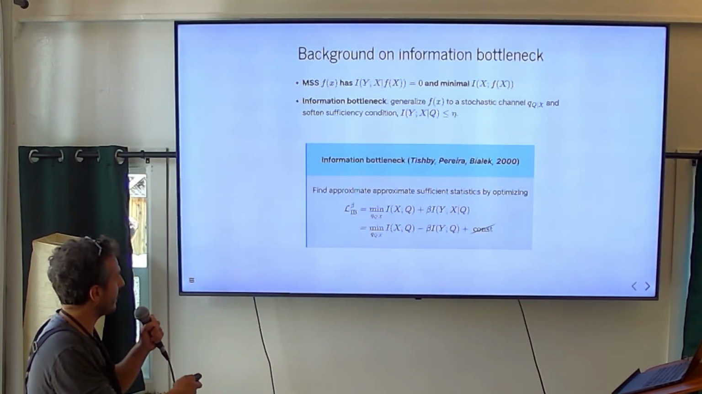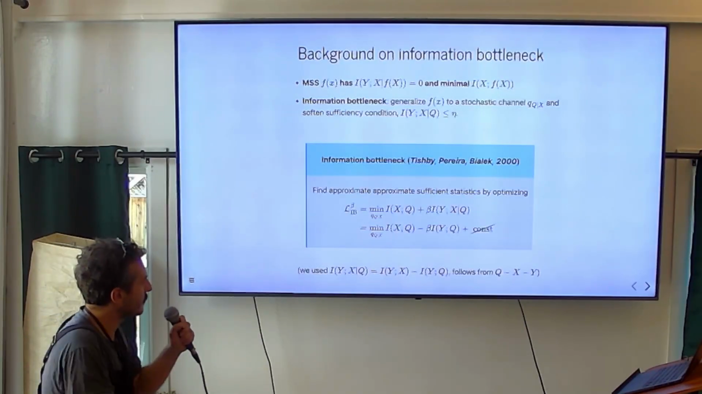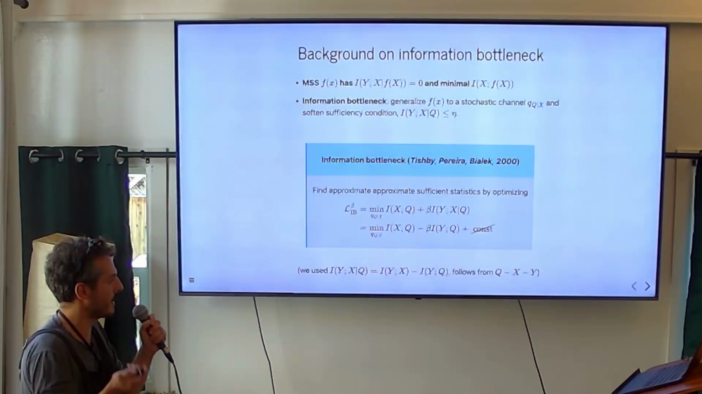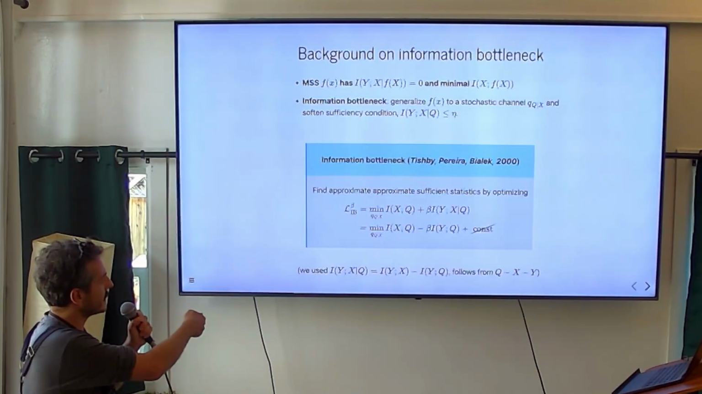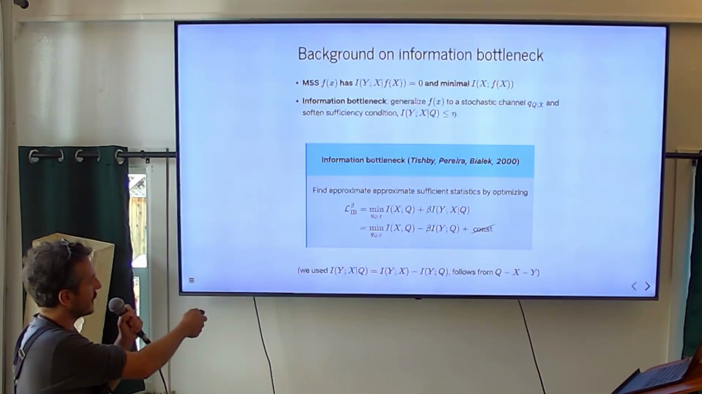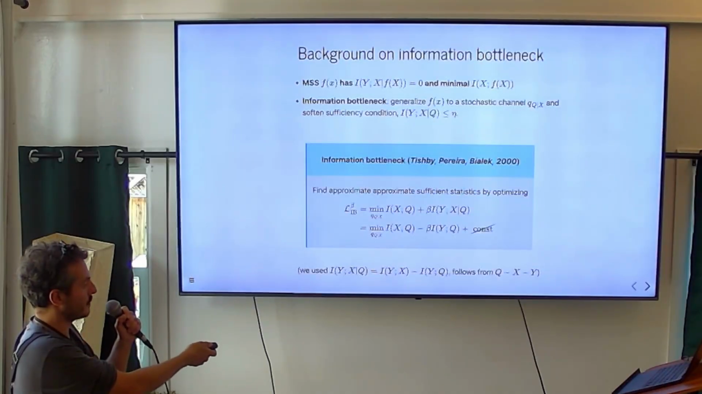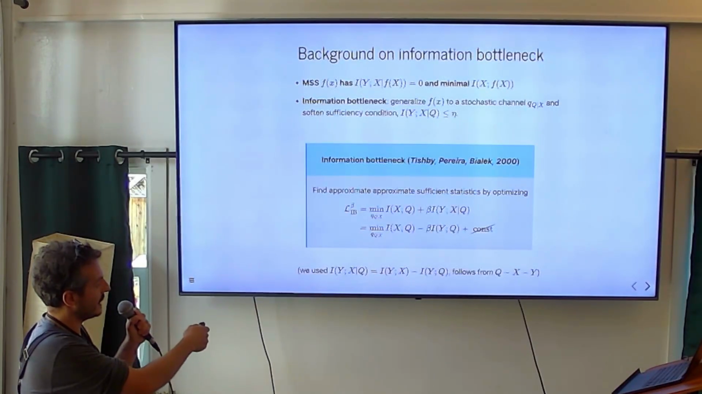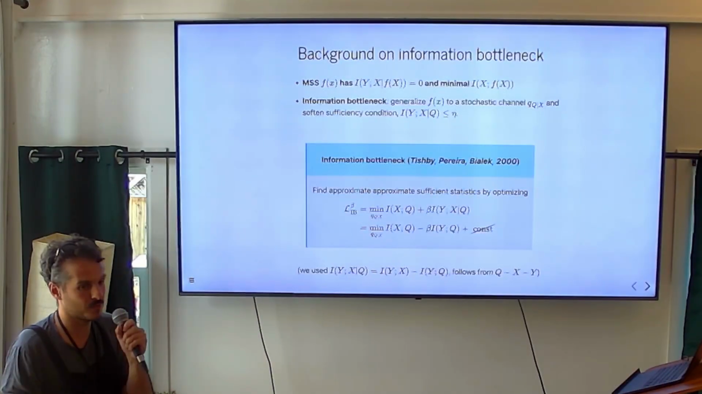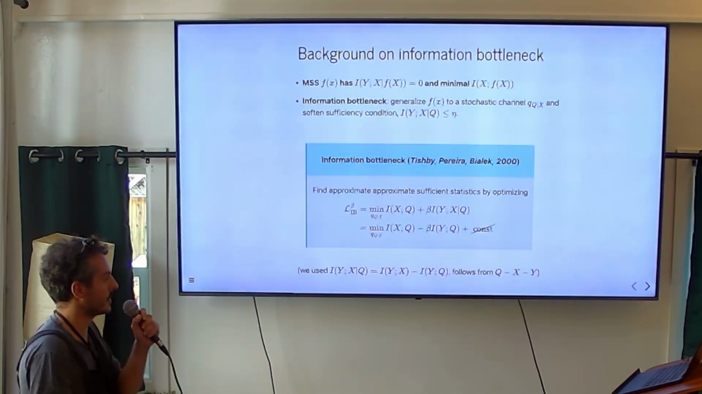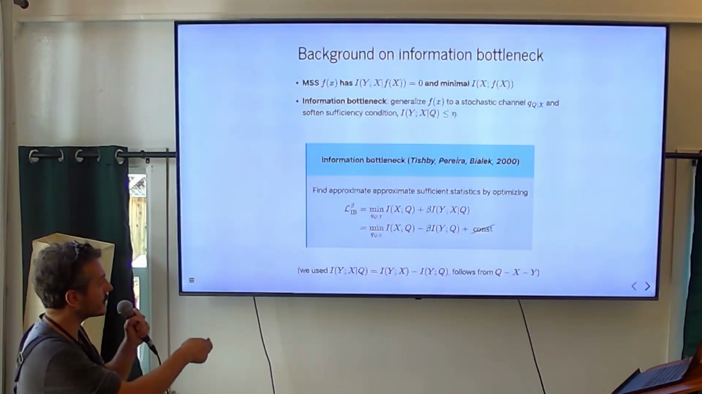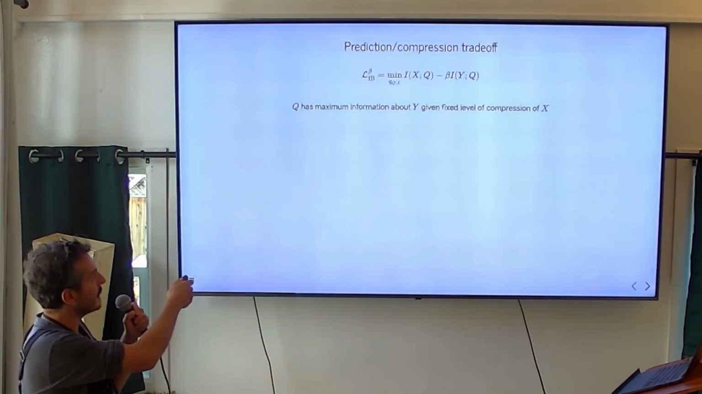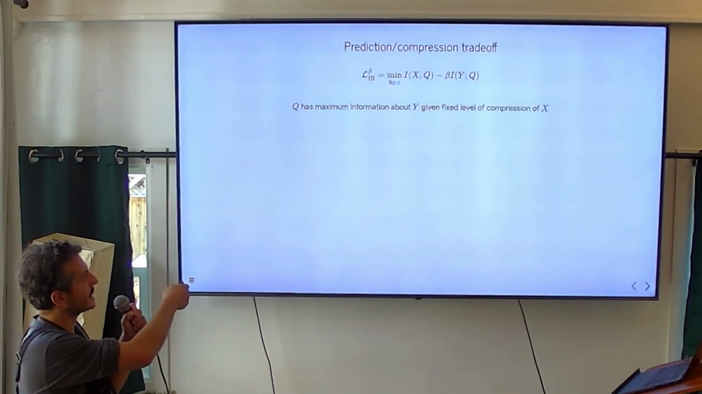And we can also rewrite this in a simpler form. By using the fact that Q only depends on X directly, so Q is independent of Y given X, we can rewrite the conditional mutual information as the difference between the mutual information between Y and X, which is just a constant and doesn't matter for optimization, and minus the mutual information between Q and Y. So how much information does Q have about Y? And we get this very beautiful form, which says we should minimize information about X and maximize information